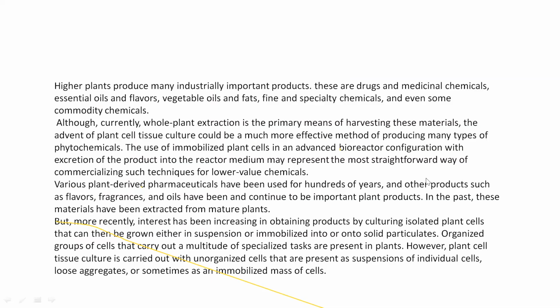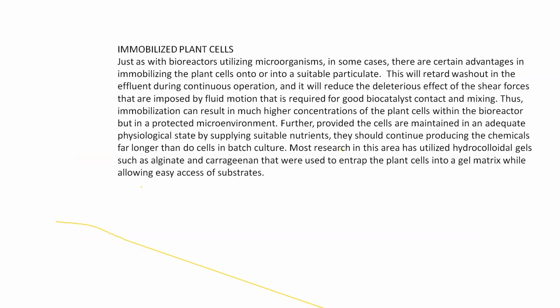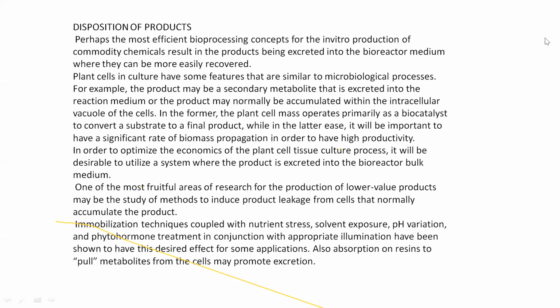So this is some of the reading material that I can add in the classroom. So you can just go through this. Suspension cultures, immobilized, that is, instead of suspending it in the liquid medium, they immobilize the plant cells using certain inert materials like glass beads or alginates or carrageenan, just like synthetic seeds. You immobilize the tissues in a particular gelling agent, and continuously use it for production of secondary metabolites. So how do you remove the products? You can devise methods to recover the product.